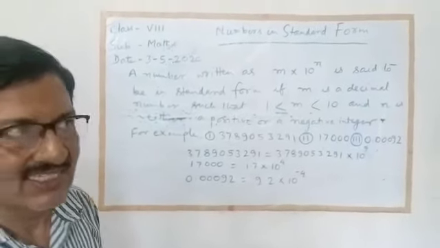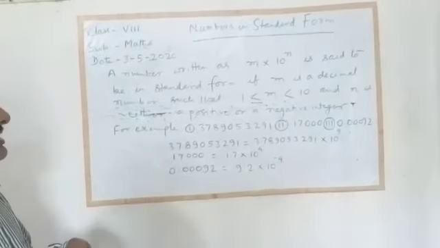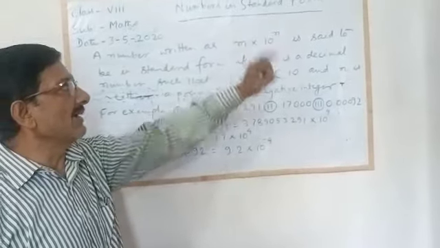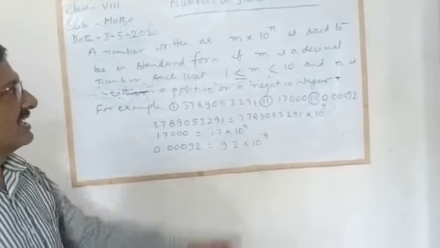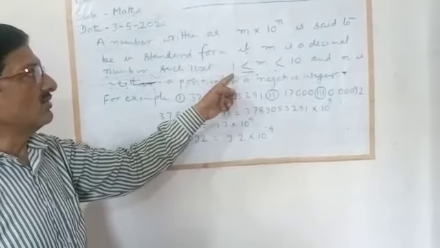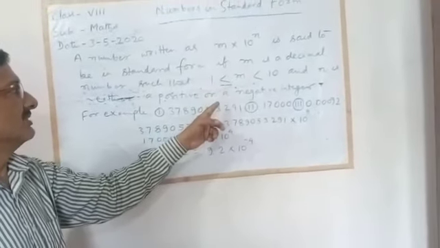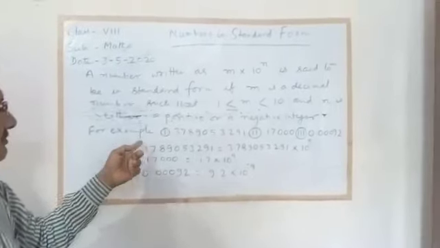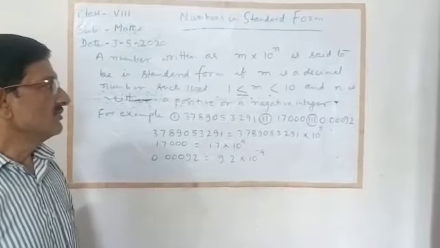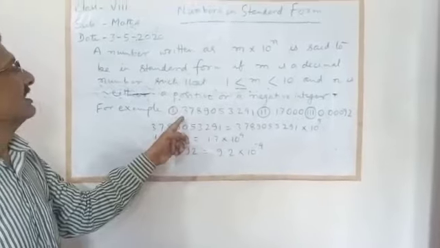form. For this, the principle is that any number in the standard form is written in the form of m into 10 to the power n. Here m is a number which is greater than or equal to 1 but less than 10, and m is a decimal number, and n is either a positive or a negative value. For example, here we have taken one example. The number is